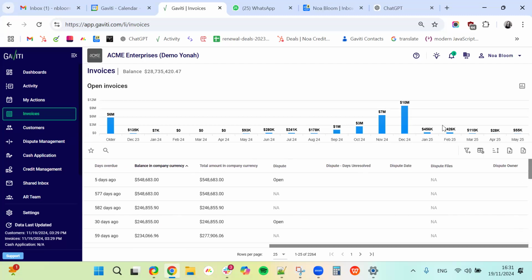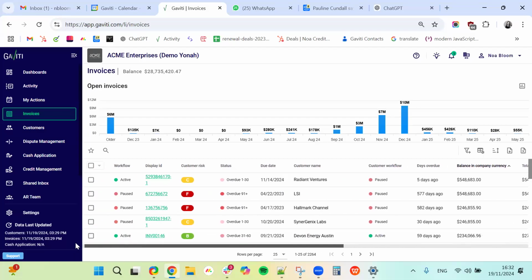There are two options to open a dispute. One option is for your client to open a dispute on their behalf. When the client is in the payment portal, instead of paying, they can open a dispute there. But if you want to open a dispute for them, then you need to go to the dispute. You need to firstly